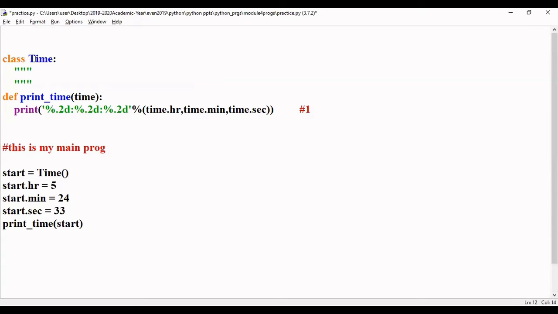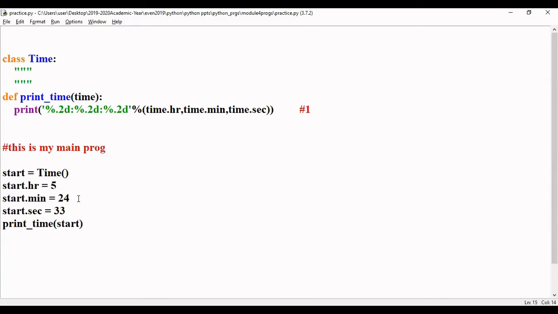That is a universal rule. Now, Time will create a new object, isn't it? So the reference returned by a newly created object should be stored in some variable, and this variable is called a reference variable. Now we've called start a reference variable.